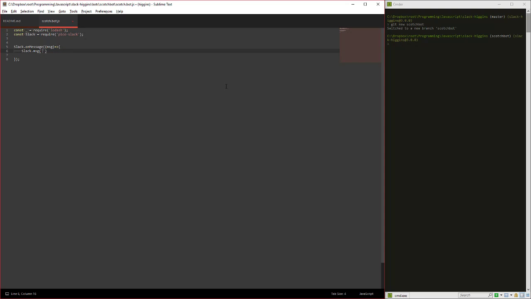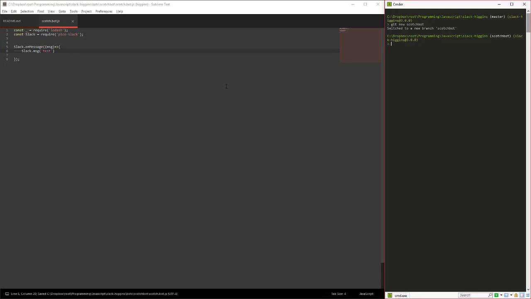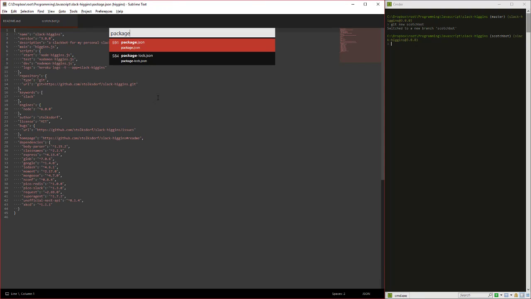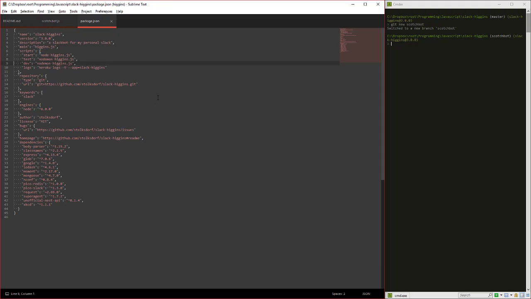So just do slack.message test. Okay, so I already have some good NPM scripts here to set up and run this. So I'm going to show you what those are. So we can just do nodemon Higgins, and that's going to kick off the server and constantly reconnect it and work. Now the way that I have this set up is I actually have